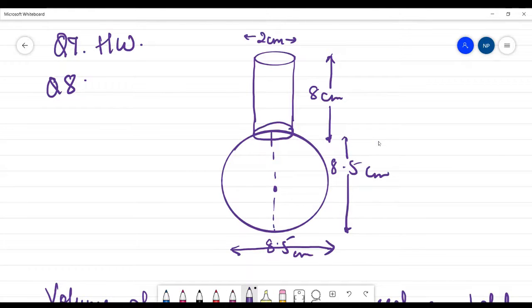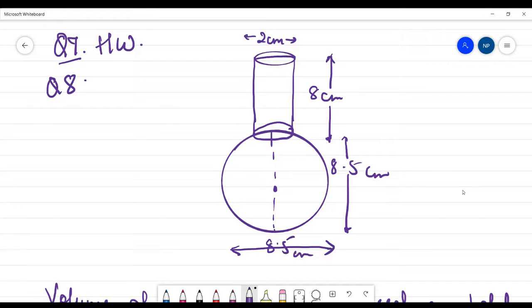Question number 7 is your homework, children. Let us move on to question number 8. It says a spherical glass vessel has a cylindrical neck 8 centimeter long. So this is a glass vessel and the cylindrical neck is 8 centimeter long, 2 centimeter in diameter. That means if 2 centimeter is the diameter, radius will be half of it, that is